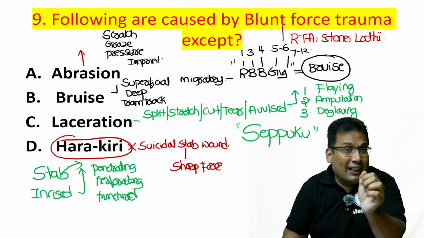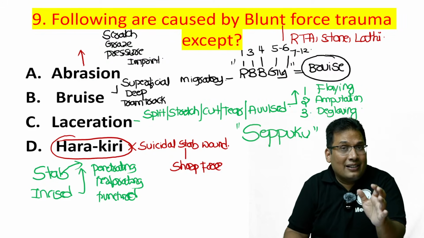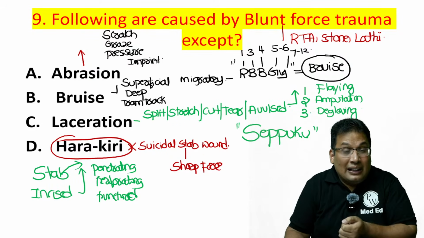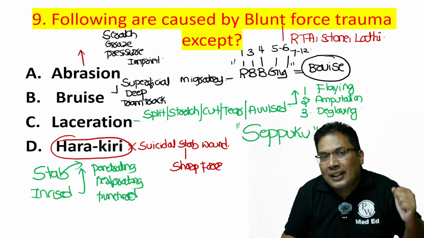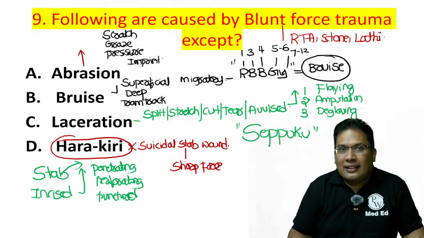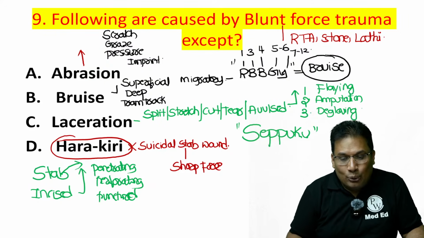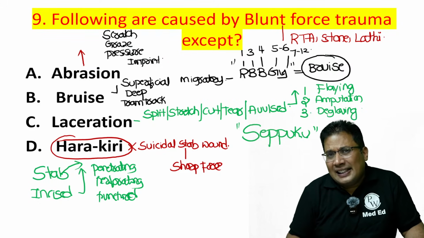When there is belly cutting, there is cutting of the blood vessels, as you know, the mesenteric blood vessels supplying the intestine. When they rupture, there can be sudden bleeding, which can cause cardiovascular collapse and death. Sudden shock occurs and the person dies in a few seconds. This is called seppuku, also known as harakiri. It is also known as zigai, that is in females.